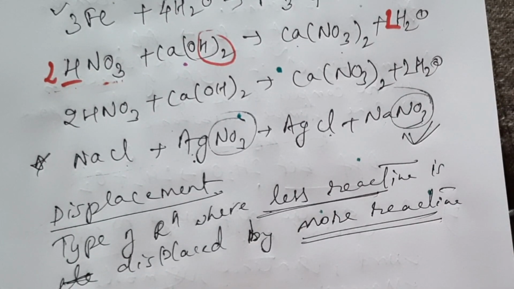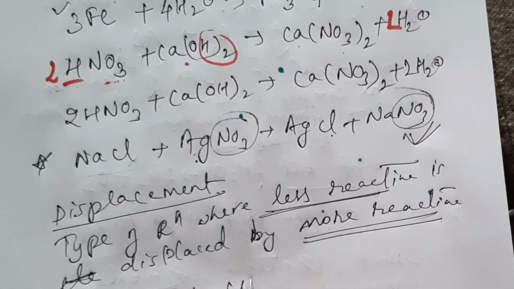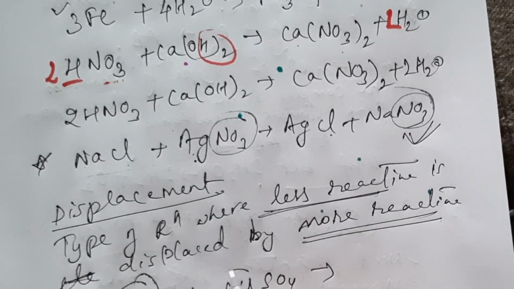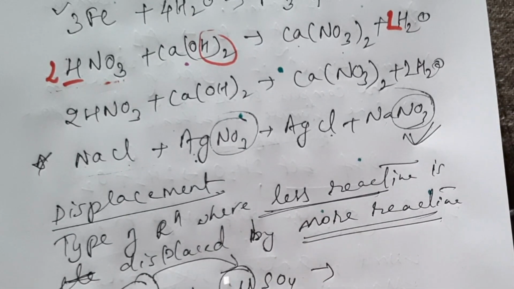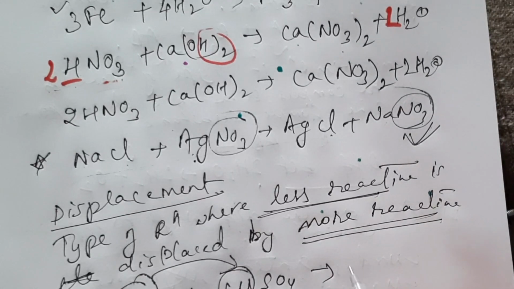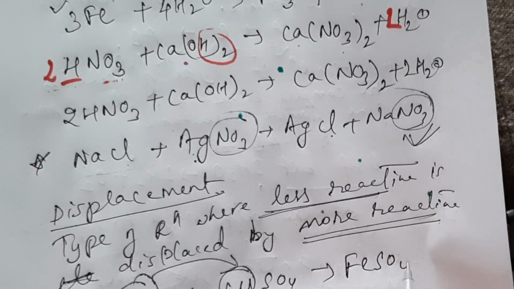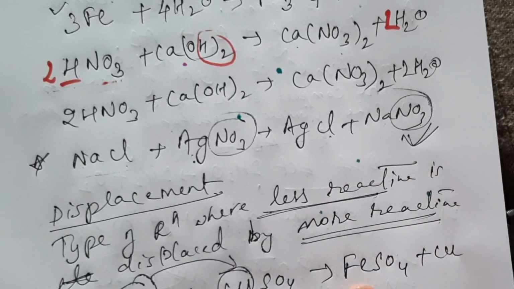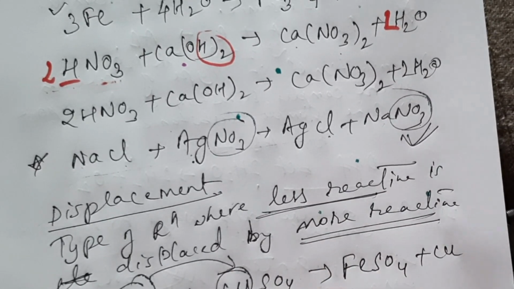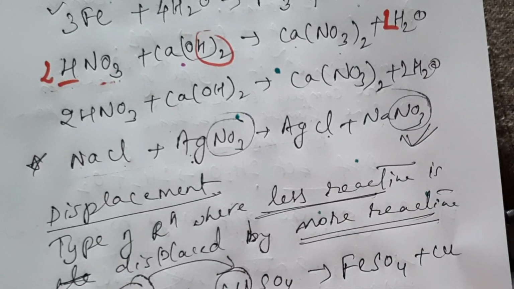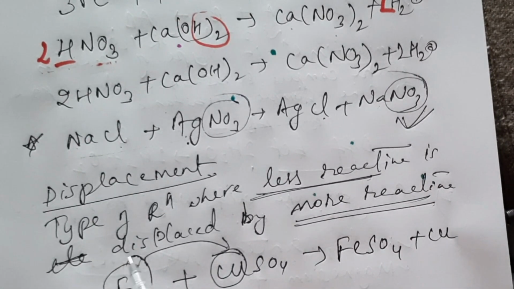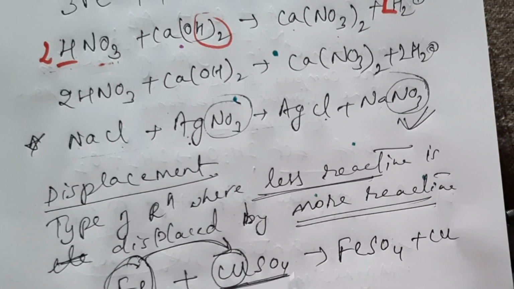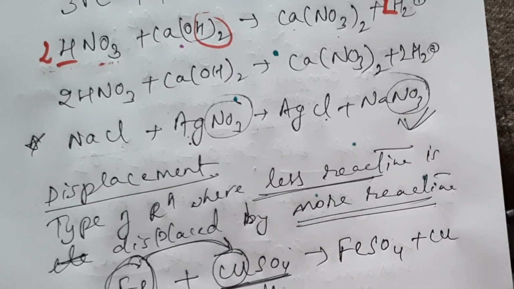Now for example, if iron reacts with copper sulfate solution. We know that iron is more reactive compared to copper, so it will displace copper from its salt solution. Thus the reaction is FeSO4 plus copper. Copper got displaced. If we count out, one iron atom is there, then one SO4, one copper. So it already got balanced. We need not put any numberings here. So here the highly reactive element is displacing the less reactive element from its salt solution. This is salt, so we need to write that salt solution.